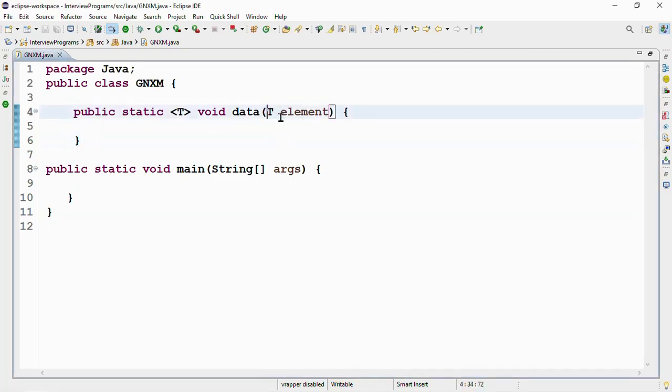Now friends, let's see what these method parameters are. What are T and element? T is the type parameter and element